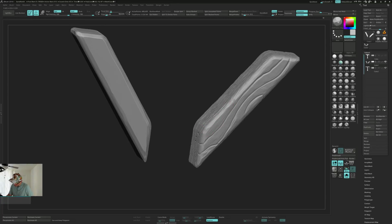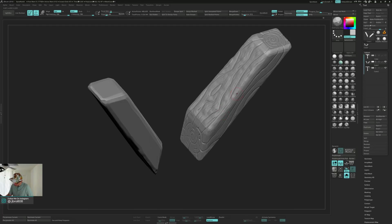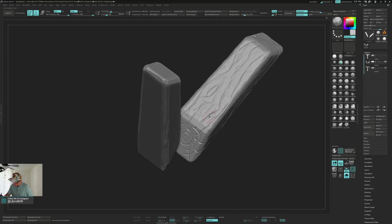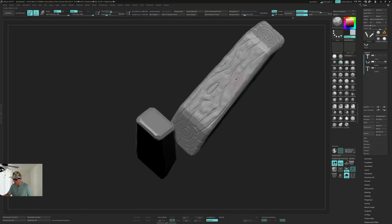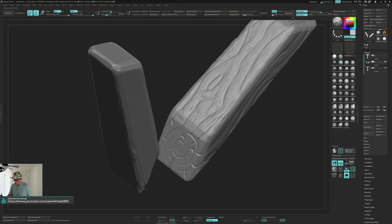Just enough to give the normal map and texture map something to work with. That's kind of the whole concept of the sculpting high poly, low poly workflow. I do want to start trying to use textures more to get the detail, but I have to get a little bit better with